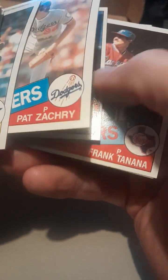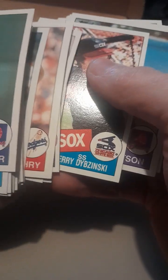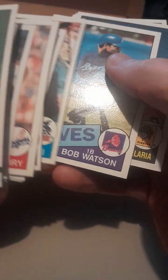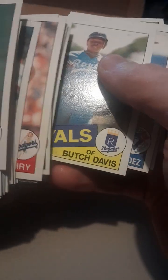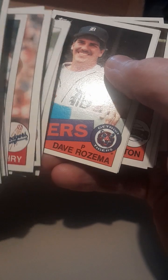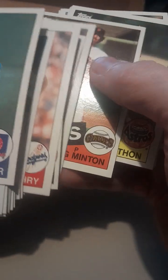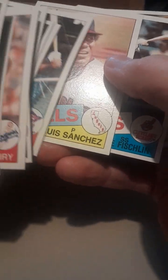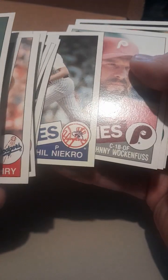Pat Zaki, Jim Diver, Frank Tanana, Cesar Sedano, Tom Gordon, Jerry Jasberniski, Bob Watson, John Candelaria, Butch Davis, Tony Fernandez, Dave Rosina, Gary Woods, Greg Minton, Dickie Thon, Andre David, Luis Sanchez, Mike Fischlin, Phil Niekro, great pitcher,